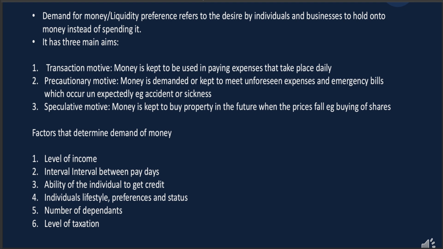The second one is the interval between paydays. If the interval between paydays is very small, yani maybe let's say after 7 days walipo mshahara hapo kwa hapo, then such a person will most likely spend money kwa sababu yapata tu kila after 7 days. Interval between paydays is very small, so yajua akipata ataizitumia hapo hapo.